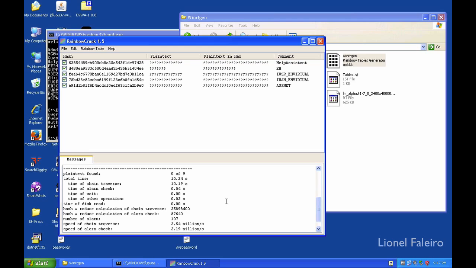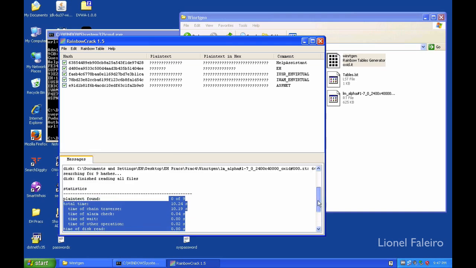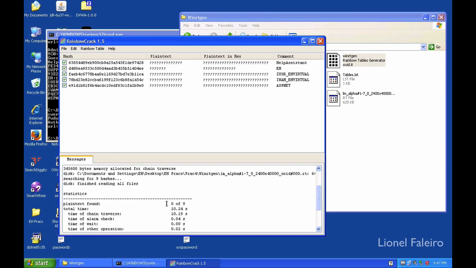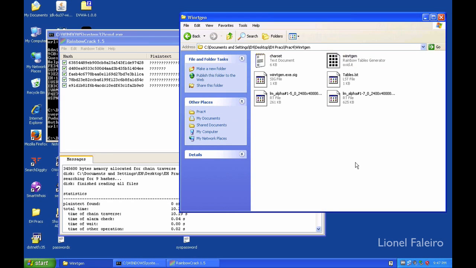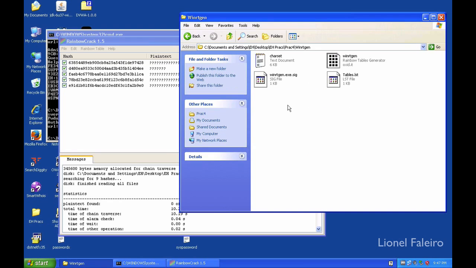And I can see it was not successful because I had chosen a very small length of 40,000. The generation of the rainbow table may have completed faster, but it did not help me crack the password over here. So what I'll do right now is regenerate it, but keeping it a very large value